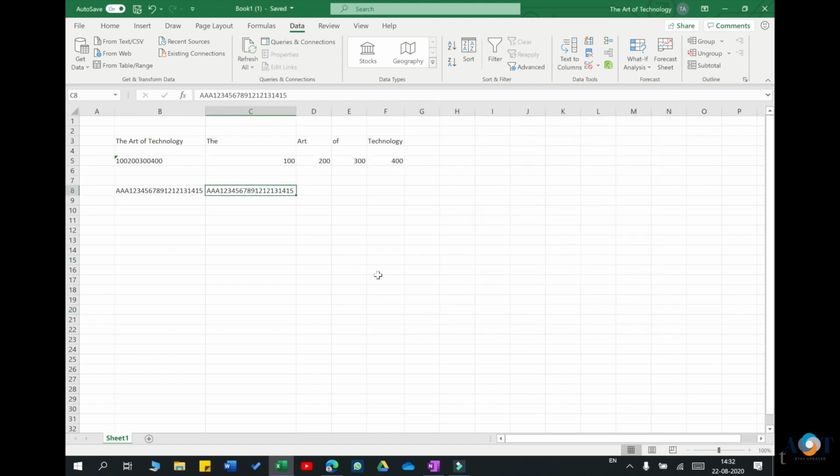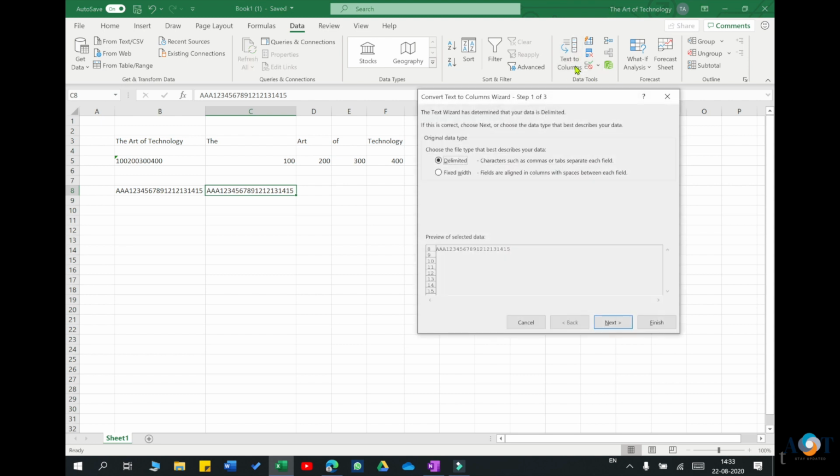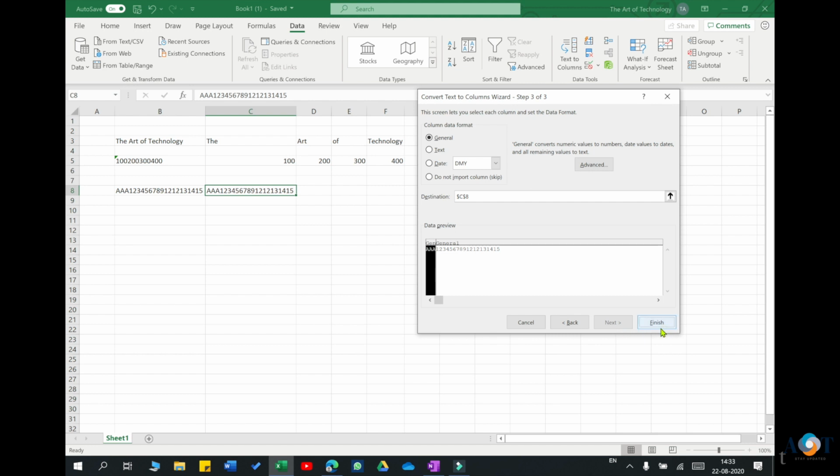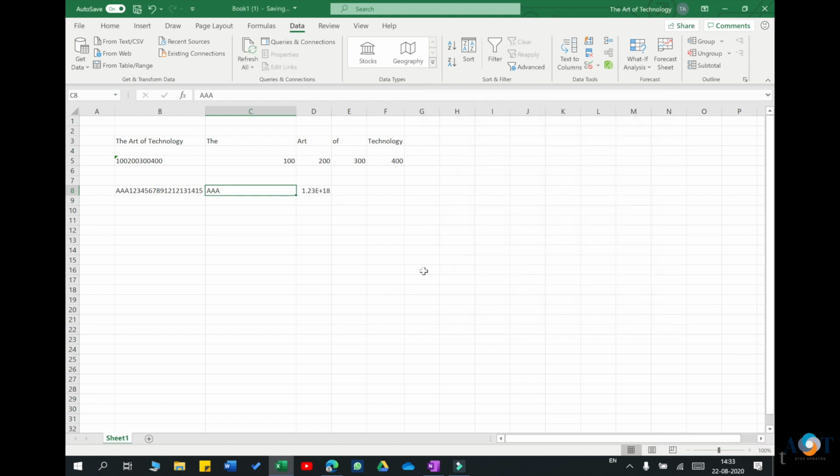The third example is a combination of text and numbers, and I want to split it. I will use the same technique as previously. Go to Fixed width. I know the first 3 characters are text and the rest are numbers. When I say Next and Finish, see what happens.